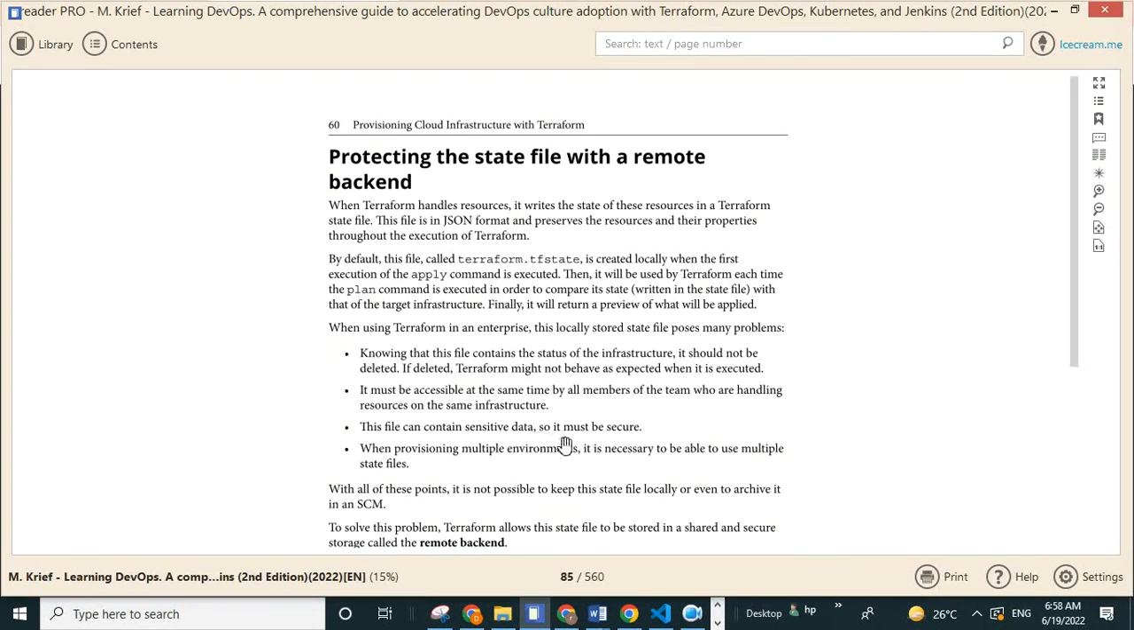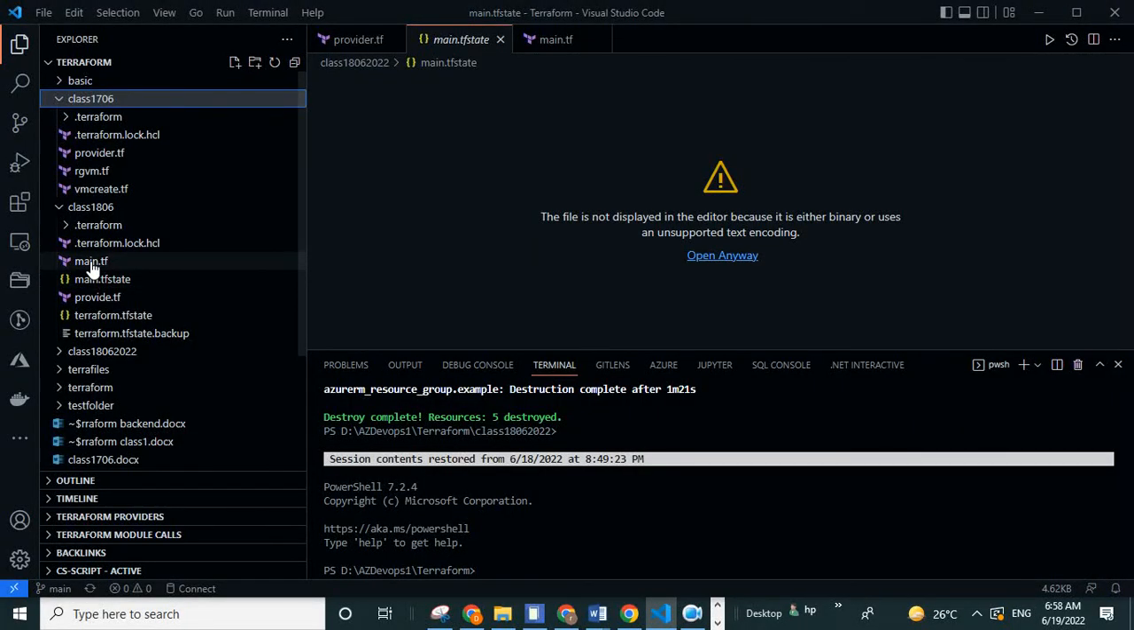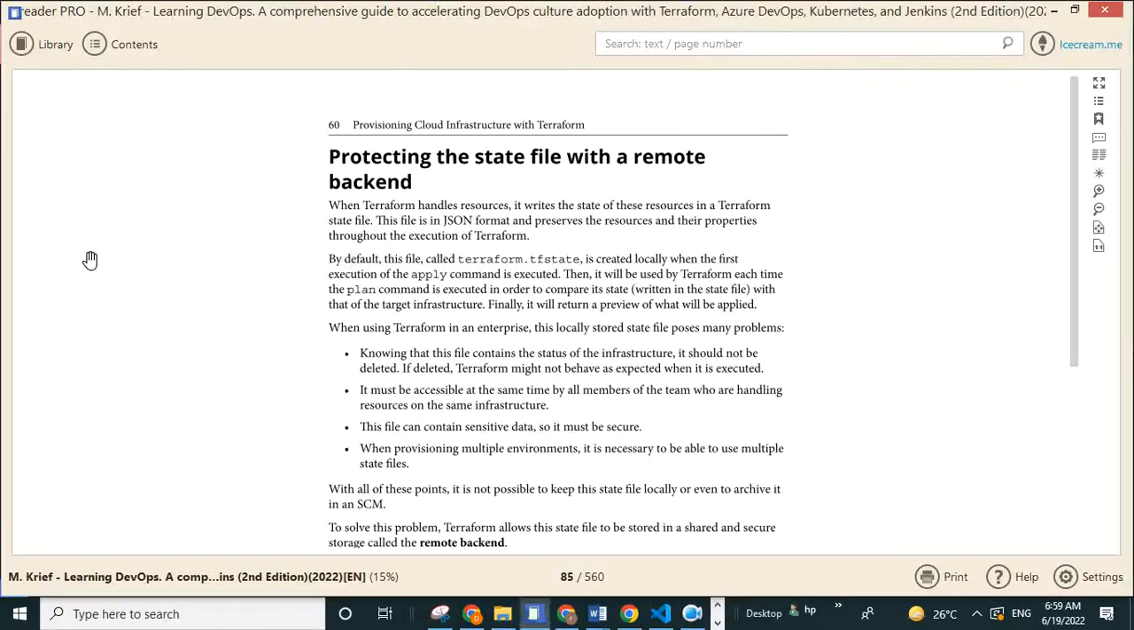And this file can contain sensitive data, so it must be secure. Why? Sometimes we are using user IDs, so it contains sensitive data. Sensitive means you are creating user IDs, passwords, virtual network IDs, and storage account names. So the file has sensitive data, and it should be secure. Only authenticated people, only team members working on this project, can